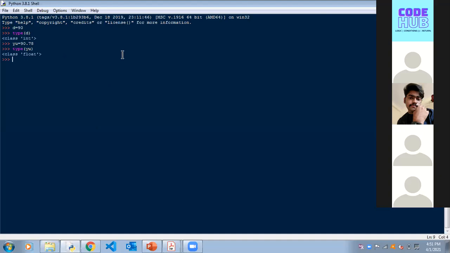See, the blue thing Didi is showing is a shell where you type commands, and it is an interactive shell. Like you type in commands and you press enter, some output will come. This is not an application program where you write a few lines of code and then compile it and run it. It's not a C program where you type a bunch of lines and then compile it and run it again. It is an interactive shell. You give some lines of code and it will give you some output straight away.